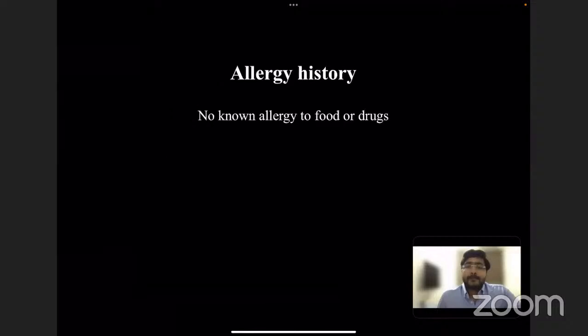General physical examination: the patient was a conscious, oriented person. She was